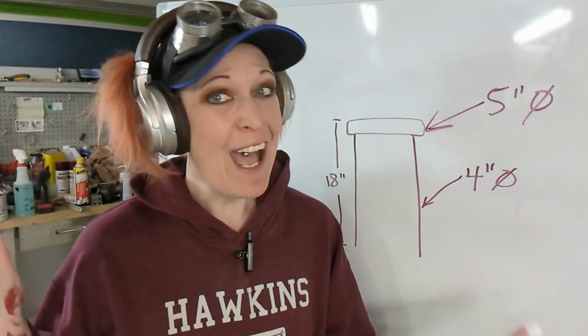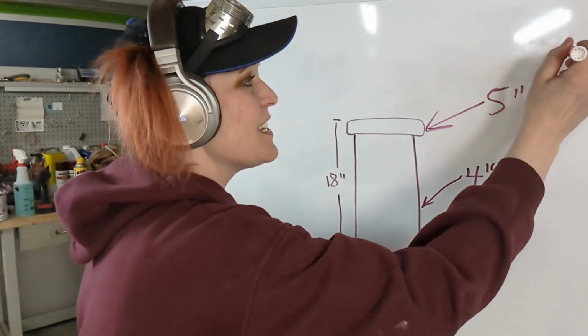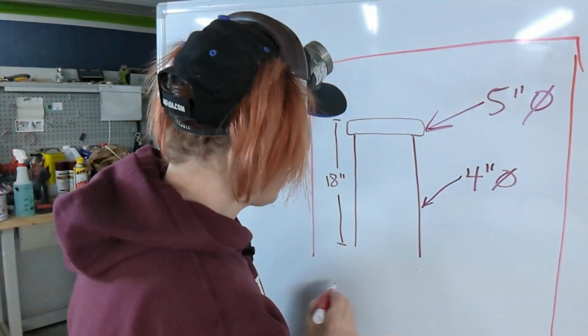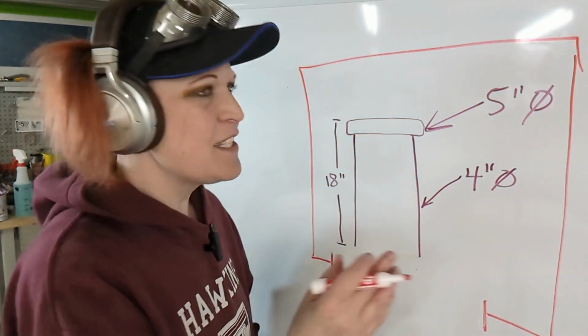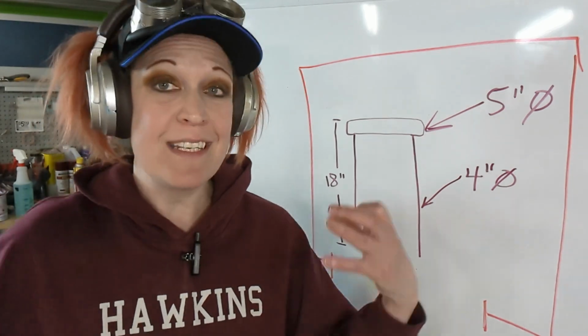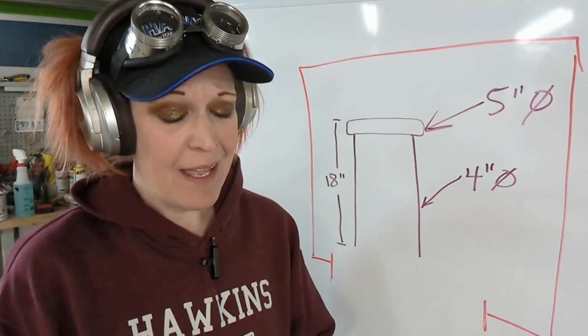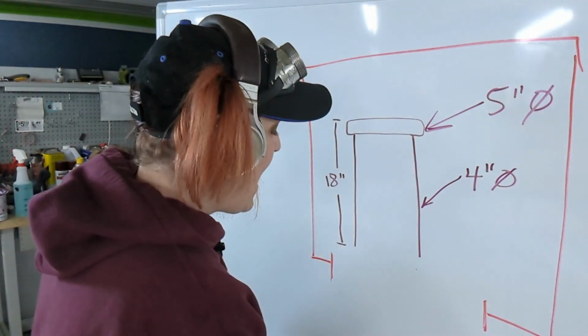To be fair, I could have easily gotten away with, to be honest, just a large box that was big enough to clear the top of the pipe, and with a clearance hole that was big enough to fit nicely and easily over this 5-inch diameter vent cap. However, that sounded really, really boring. And